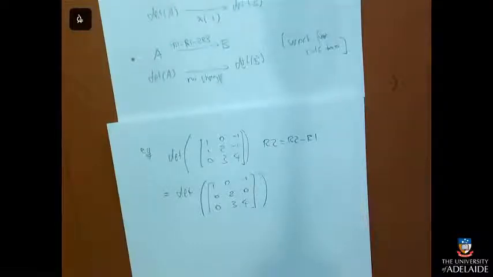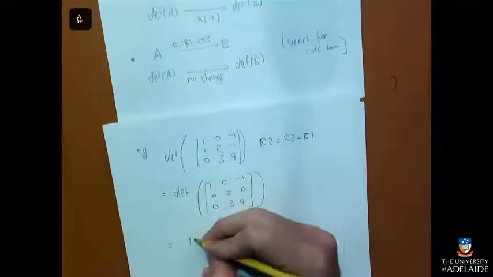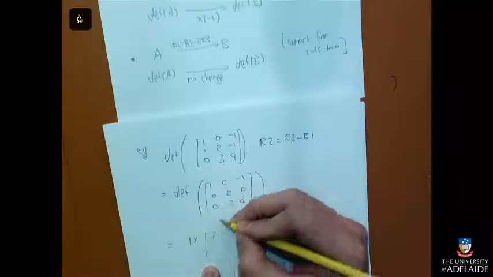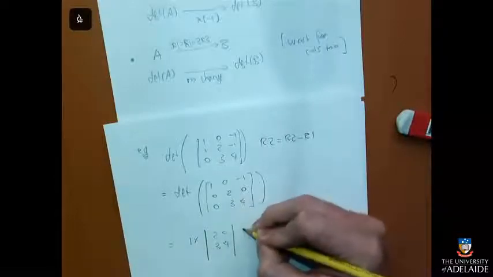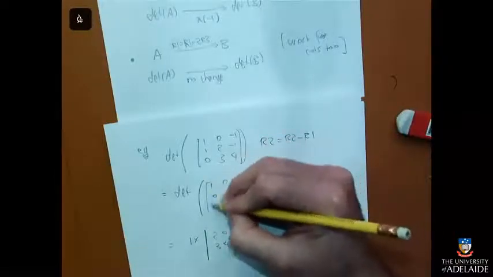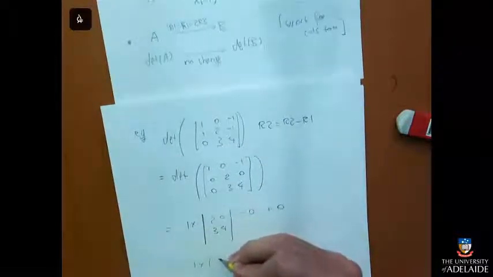And now look at all those gorgeous zeros. I can do the determinant here without really hardly any more work. So that would be 1 times the determinant of this. I don't feel like writing determinant, I'm going to do it with the vertical lines, if you don't mind. Minus 0 plus 0 coming down this column. And that would be 1 times 2 times 4 minus 0, 8. Beautiful. That one row operation created zeros that made my calculation easier to do.